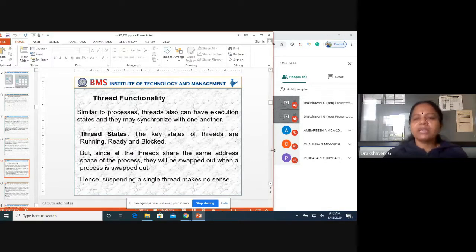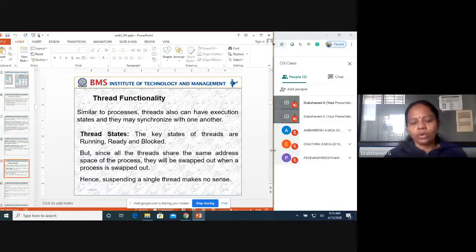Running means my thread has already started. Ready means it is in a position to do some work. Blocked means it will be waiting for some time, maybe for input or a key press. That is what is called a block. Since all the threads share the same address space of the process, they may be swapped out along with the process.